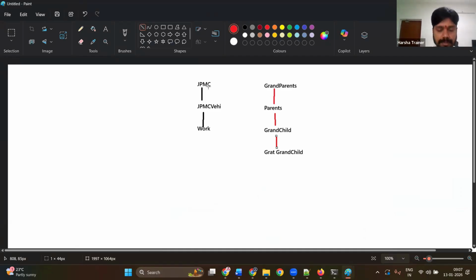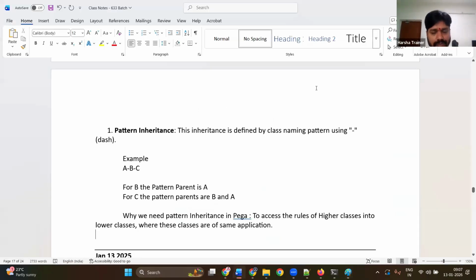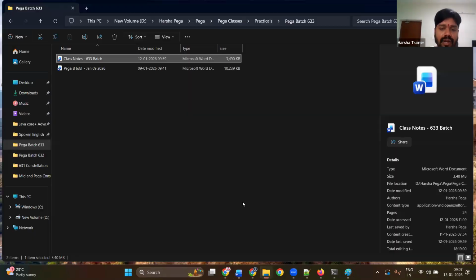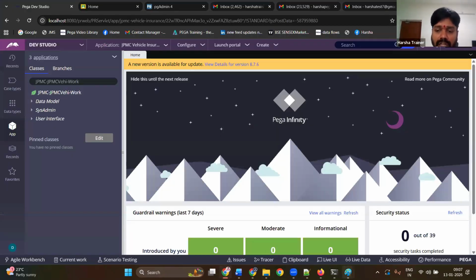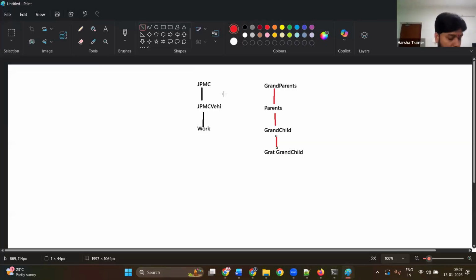There must be inheritance relation defined between two classes. Whether these two classes are of the same application or not, whether the class is from framework or implementation, anywhere. If a class wants to access the features of another class, there must be inheritance defined between the classes. Without inheritance relation being defined between the classes, it is not possible to access the functional features of one class